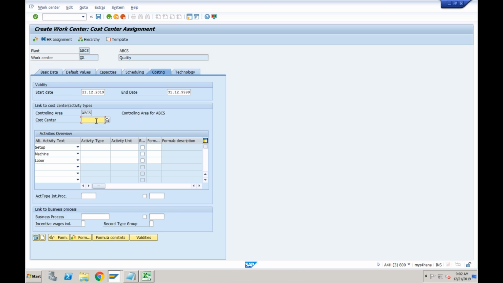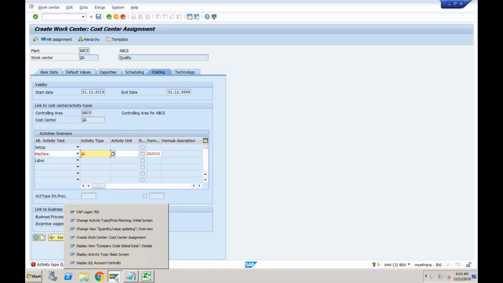Specify the cost center. So this is going to be QA cost center. And again, let's say quality is also performed with machine. So activity type for quality is QA. Okay, and the formula would be again same for machine. Enter. System is again telling you, have you provided these rates? Have you told the system which cost center provides which activity type? We have not specified, right? So what we need to do is again,